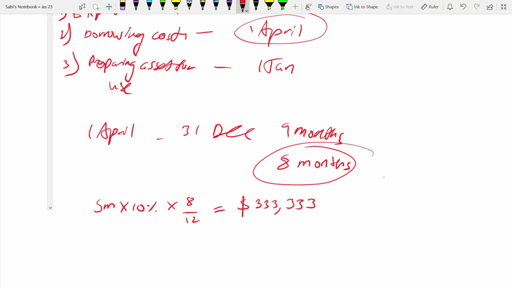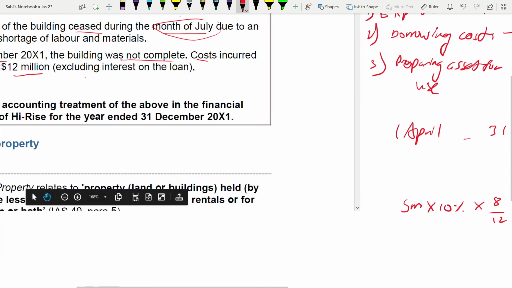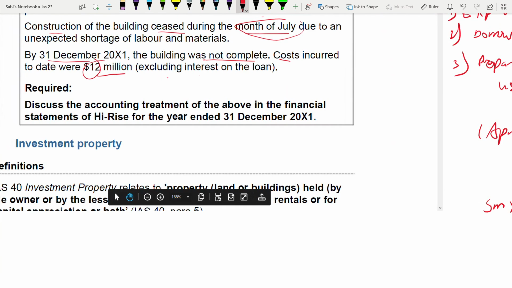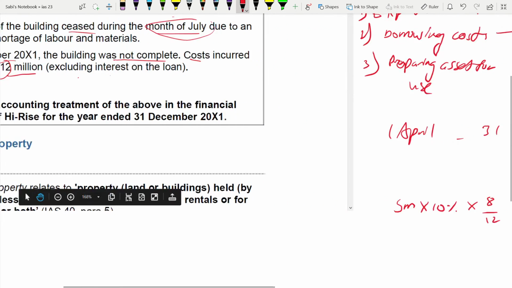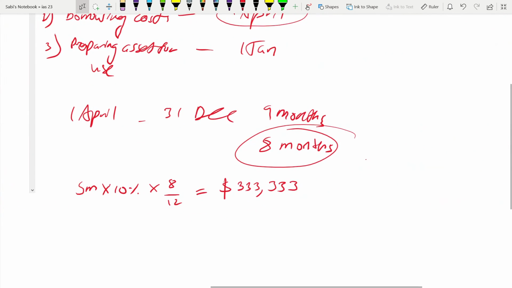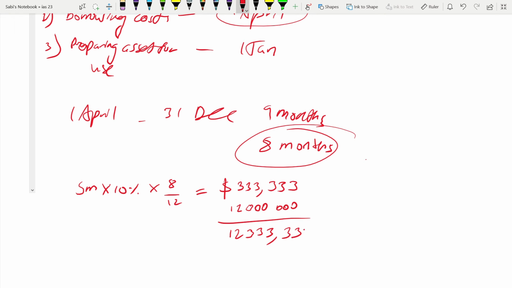Okay, now you need to add this because this is capitalized. That means you have to add this cost with your asset of building. How much is your building's worth? 12 million. So with this 12 million, you have to add this because it is capitalized. So you add 12, 6 zeros are there. It will be 12 and then 6 threes. So this should be the carrying amount of the building on 31st December